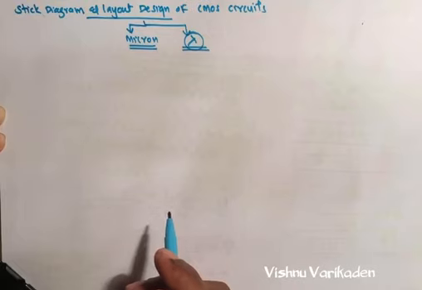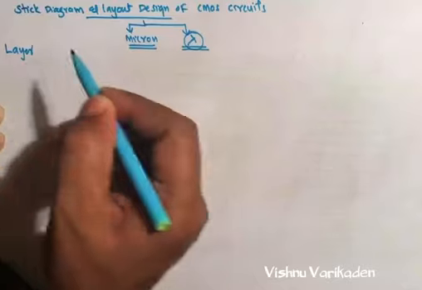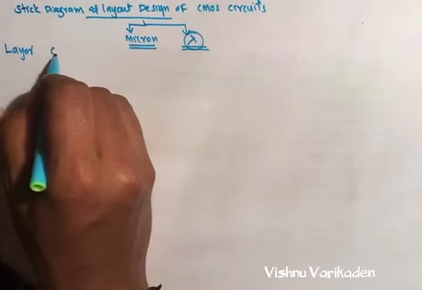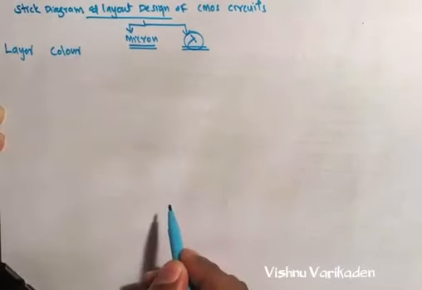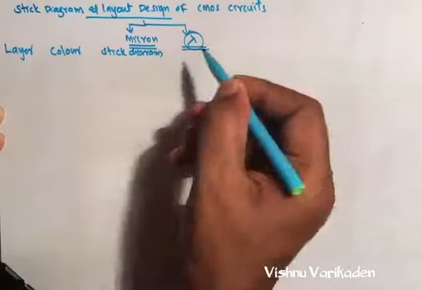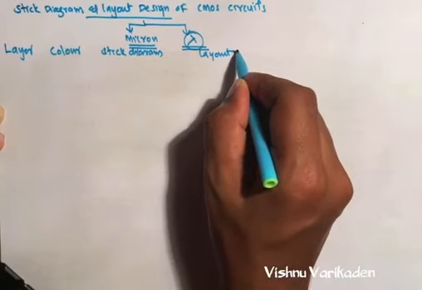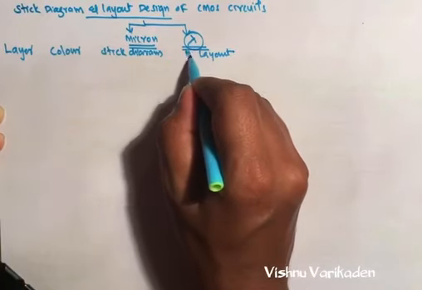We will start from the conclusion, or the things that begin in the layout and the stick diagram. We can make it a table. So it is a layer or layer name. This is what color we are denoting, and what it looks like in the stick diagram, and next one is layout design or mask layout